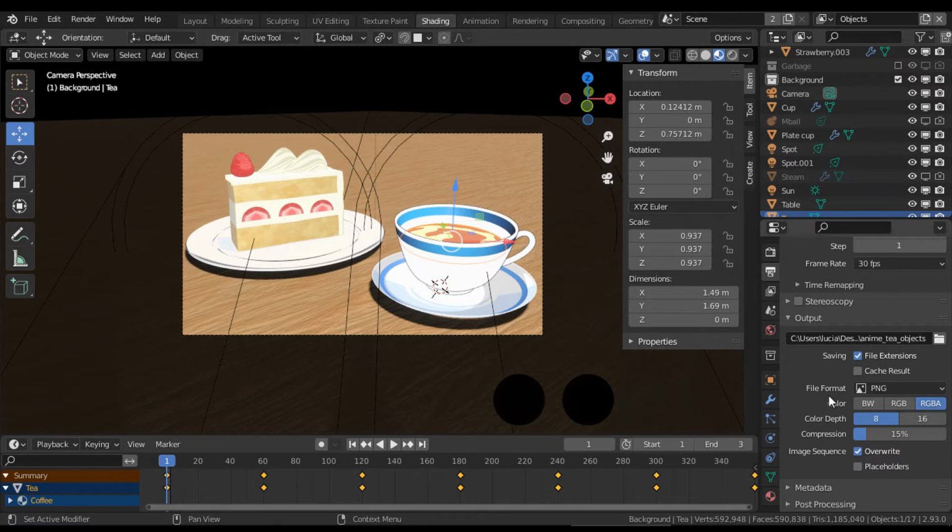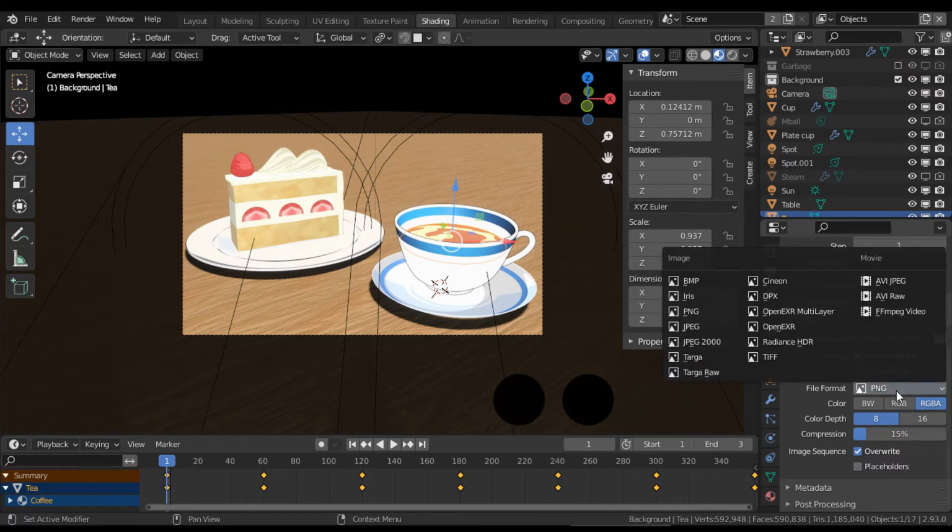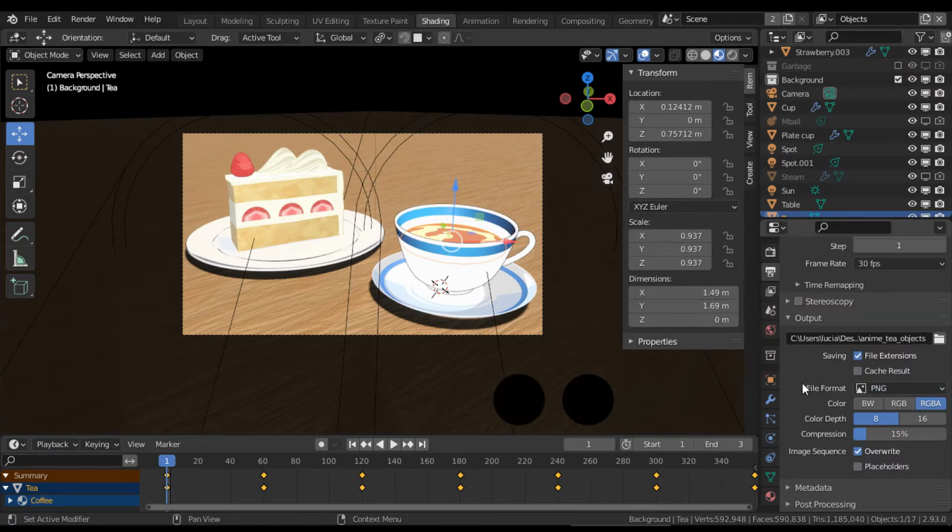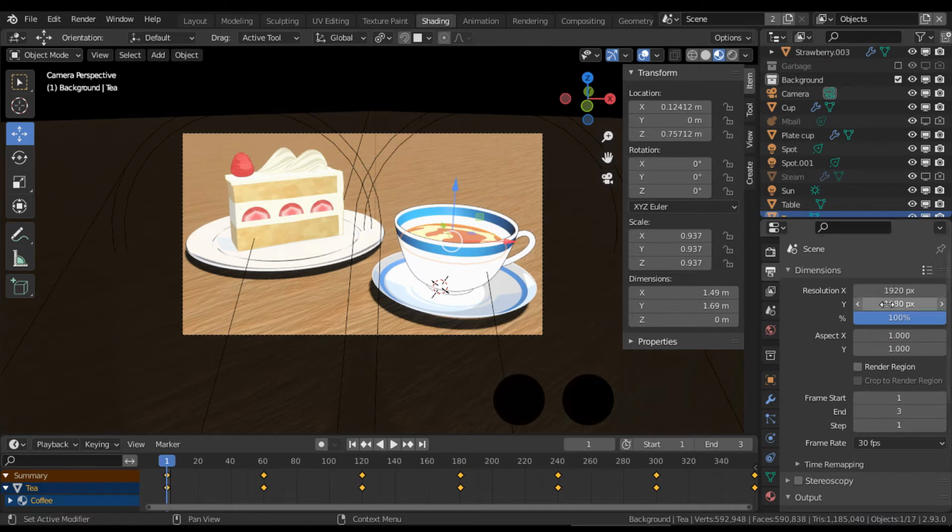Second, make sure you have an image format such as PNG or JPEG, because if you have EXR for example, the only way of previewing that animation is importing those frames in Blender in the compositor or in other software, which will take longer. Also make sure you don't overwrite anything important. You could have a folder just for previs or just the temporary folder that is usually by default. And you could even change the resolution to something smaller because, well, it's just a previs anyways.